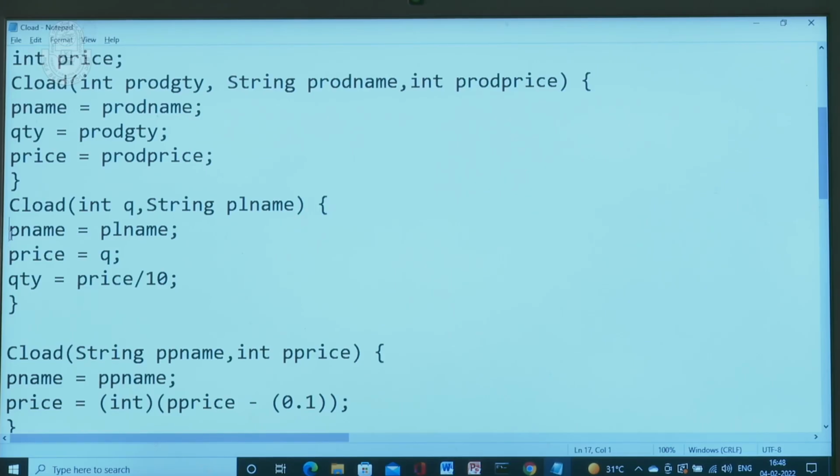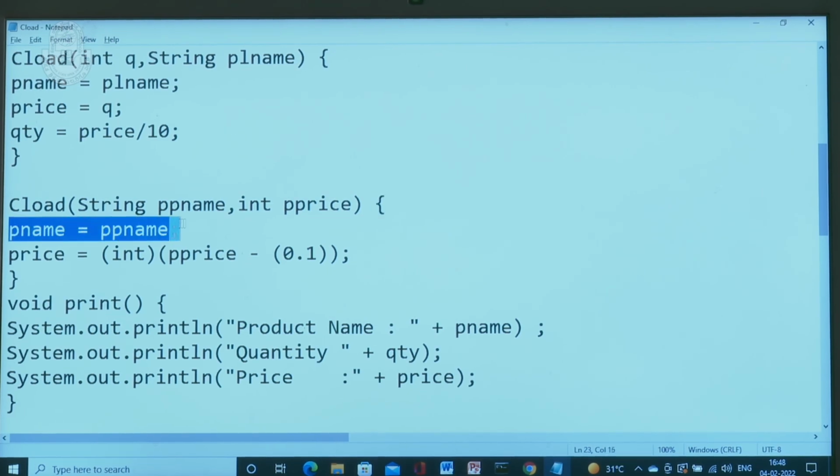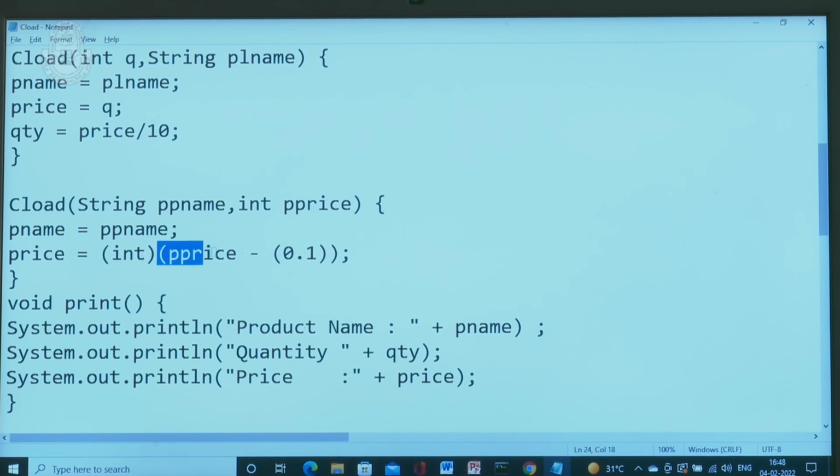cload(int q, String plname) { pname = plname; price = q; qty = price / 10; } cload(String ppname, int ppprice) { pname = ppname; price = (int)(ppprice - 0.1); }